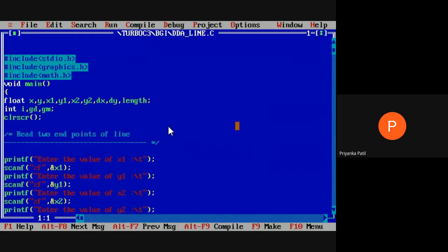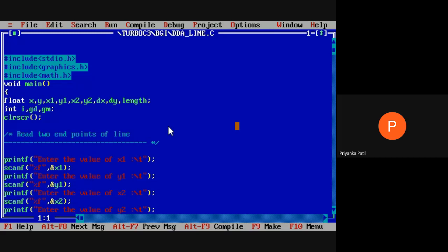So this is the example program for the DDA line drawing algorithm. Here we need to consider the mathematical functions, because we use the sine function here. The sine function is accessed from the math.h header file. If you want to draw a line with the help of DDA, we require the starting point and ending point of the line. Then we need to calculate delta x and delta y, and according to that we mention delta x or delta y as the length. So we need different variables to store those values. So here we have to mention the values.